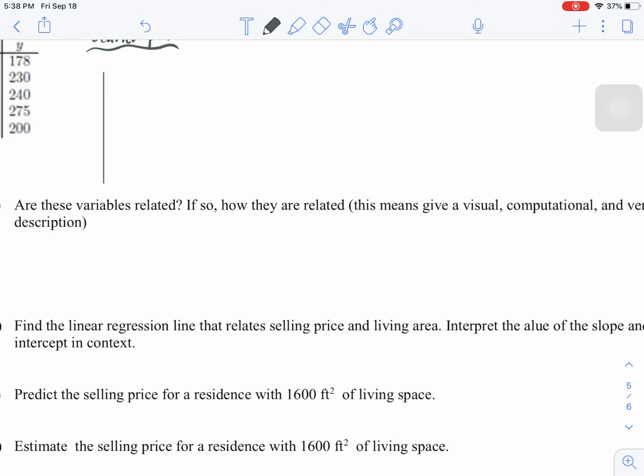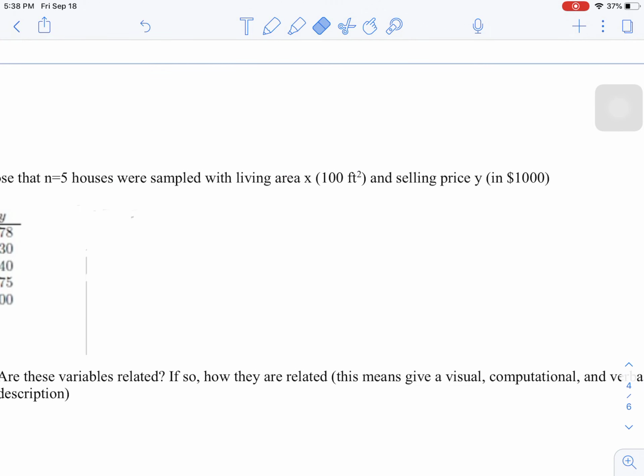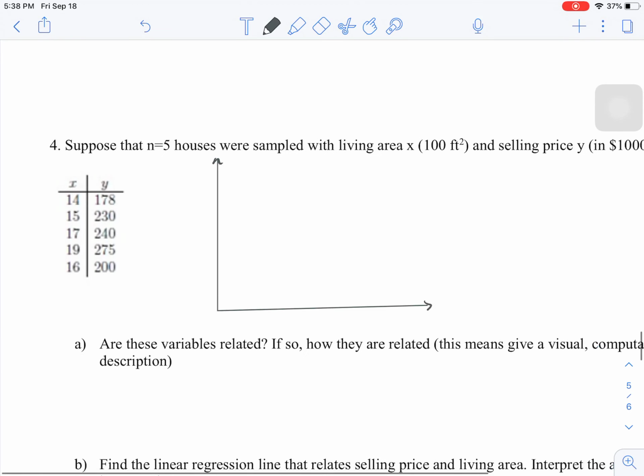So for example, I'll give myself a little more space for that. Let's see, so I can make a scatter plot of my x variable, which is living space, and my y variable, which is selling price. And all I want to do is graph these data points. So each row here is one ordered pair, or one data point. So my first house, I'll start at